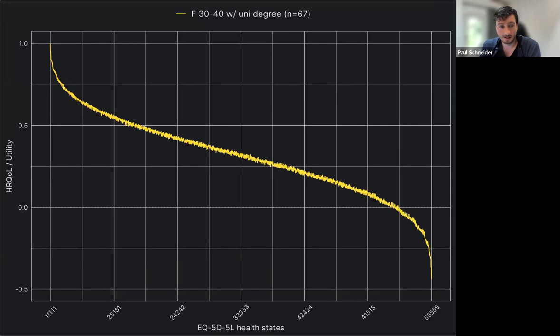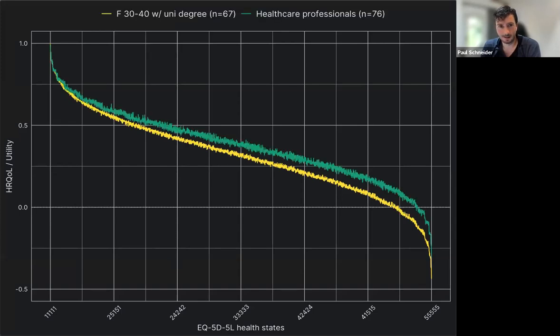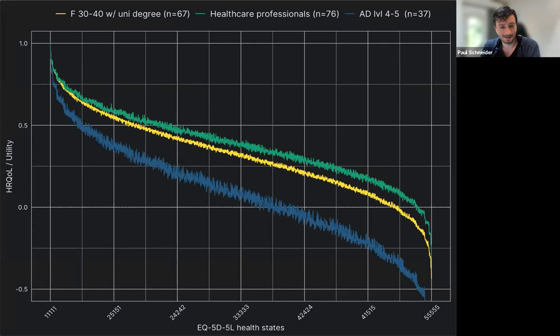So here you see the value function for women between the age of 30 to 40 with a university degree. And this is the value function for the group of healthcare professionals in our sample. And the third one is the value function of a small group of people who reported severe and/or extreme levels of anxiety and depression. These groups are chosen more or less randomly, and you could look at many other characteristics here, but this is just to show you that we can estimate a group level preference function for relatively small subsamples,